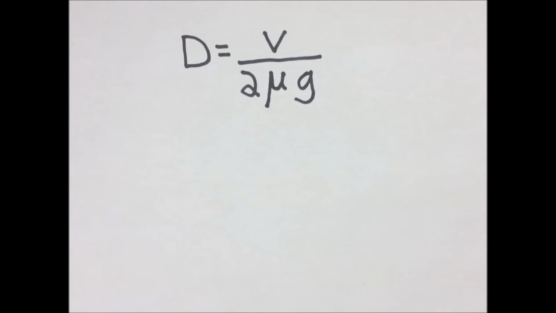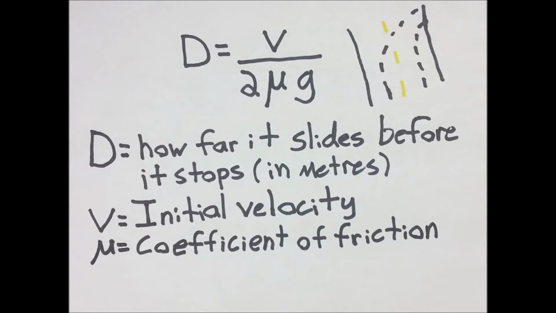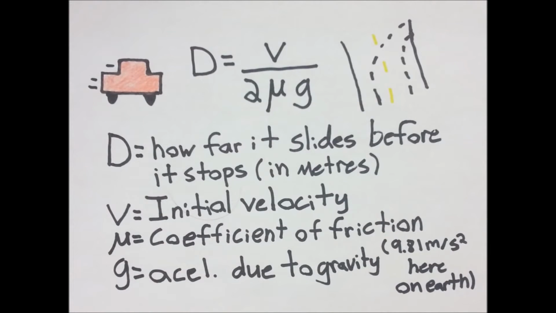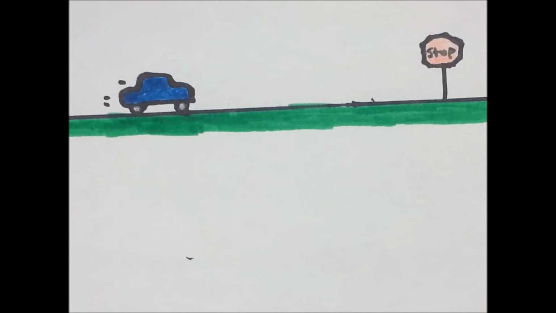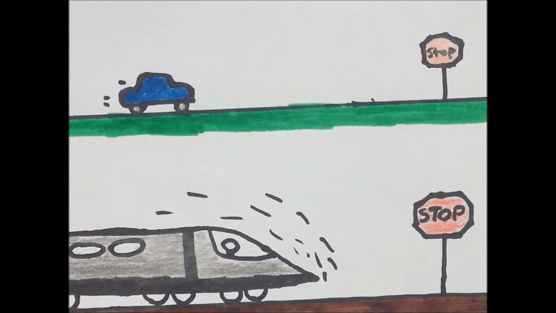D is the distance in meters, V is the velocity in meters per second of the car or object, mu is the coefficient of friction, which can be found online, and G is the acceleration force due to gravity. So with this formula, we can figure out lots of things, like how far a car will slide after braking at 100 kilometers an hour, or how far a super speed train will stop after slamming on the brakes at